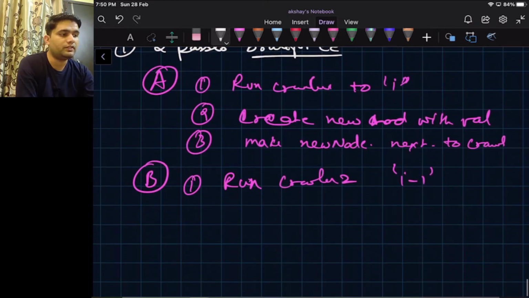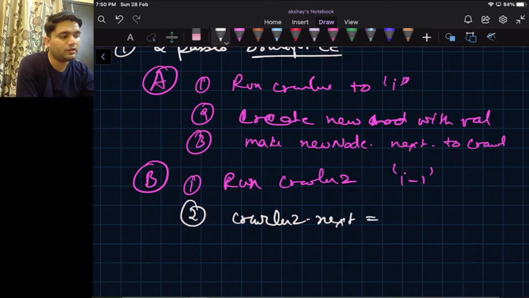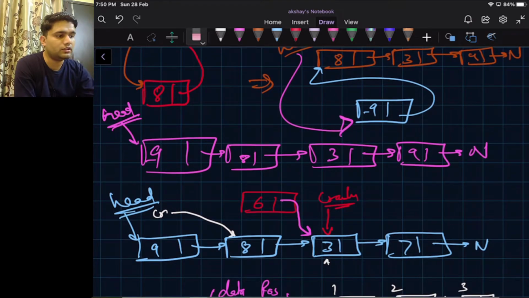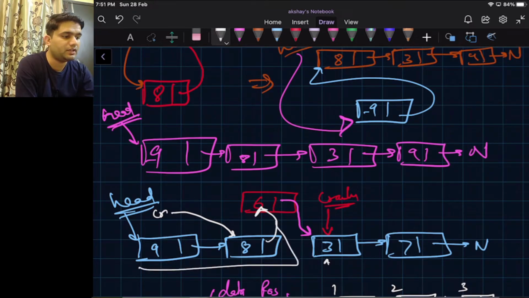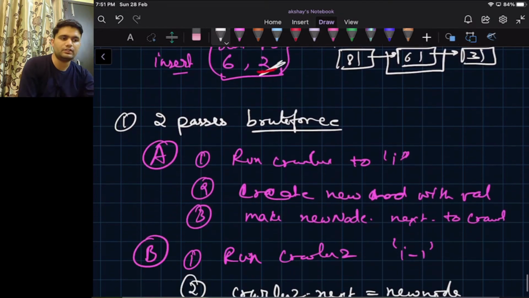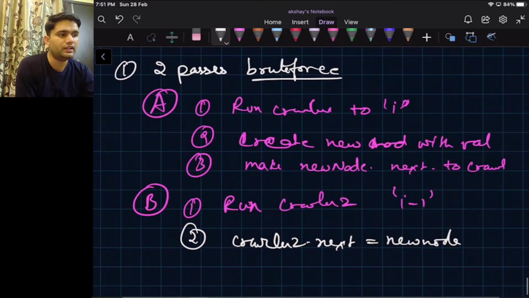After reaching this, we can simply say crawler 2 dot next will be new node. So the next pointer of crawler 2 will now point to this new node. So we have a complete path, we haven't lost anything. This is how we do it in 2 passes.